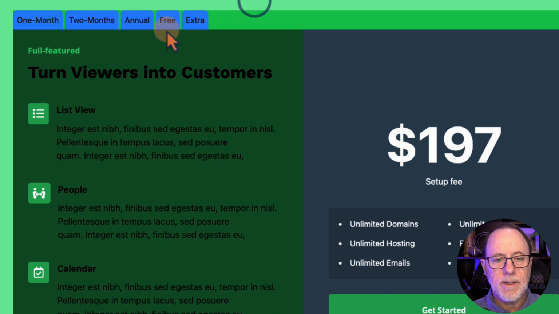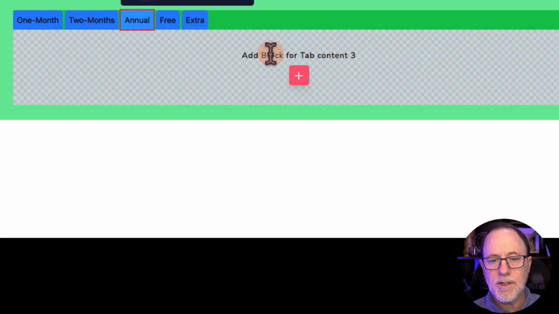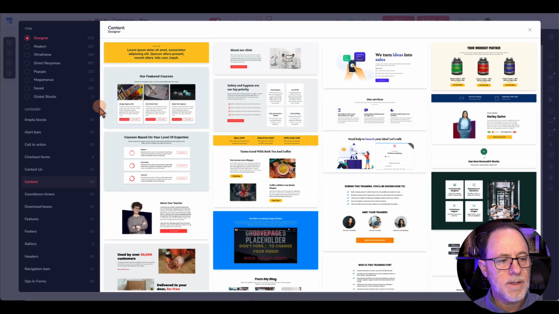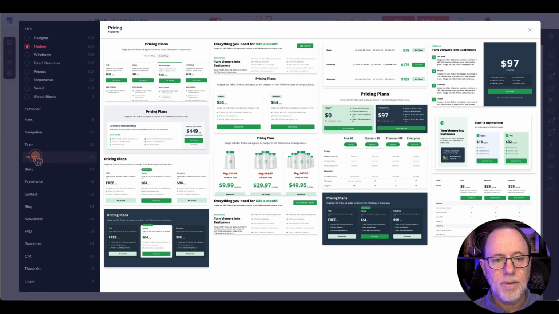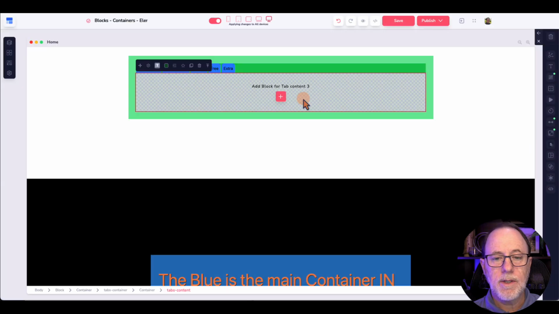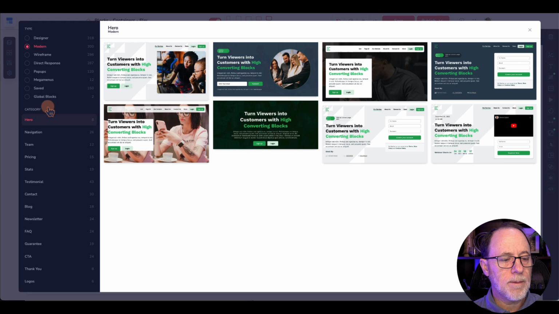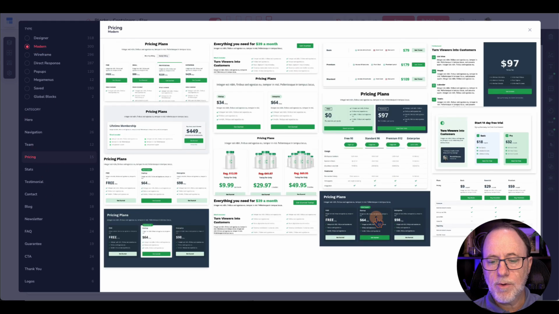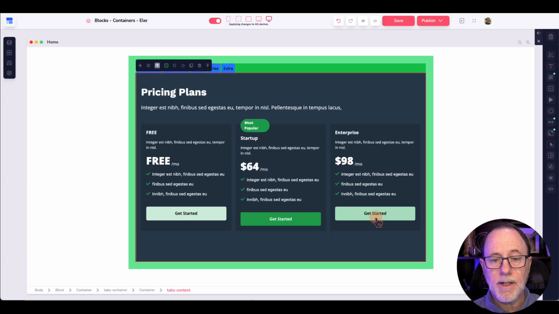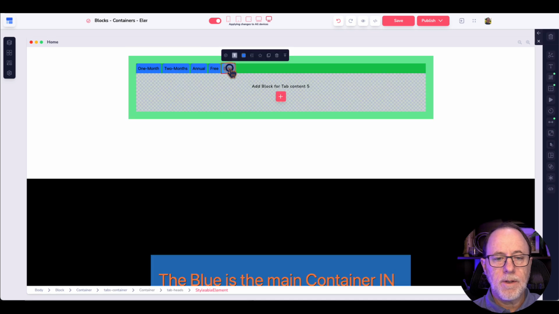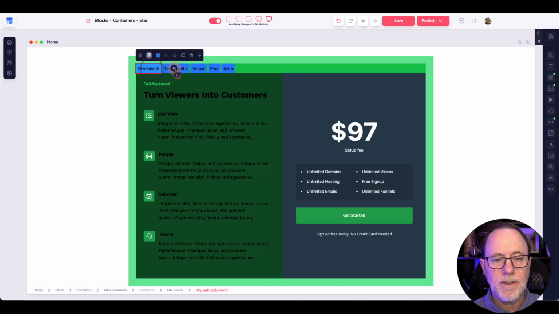Now, when we take a look at these tabs, now we're going to click on annual. You'll see that we have an empty block for content 3. I'm going to go through the process here just one time, go to modern, pricing, and just so we can see it really quickly, I'm just going to grab this one. And again, it didn't come in the first time. I'm going to click on it again, go through that process again, pricing. We'll just grab this one. And now it's added. So from here, we have the ability to edit the content,